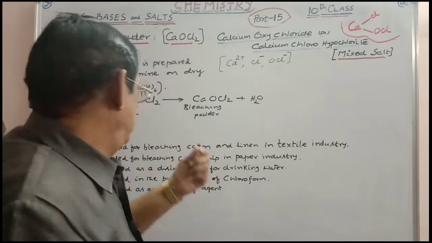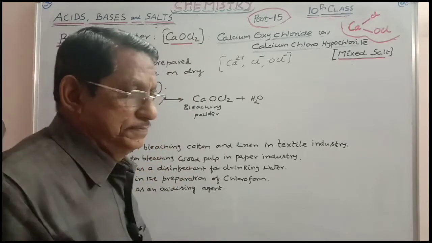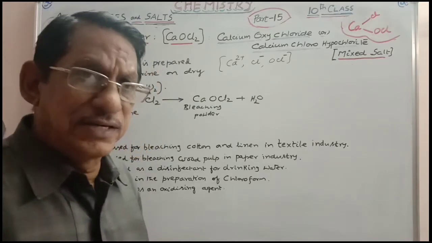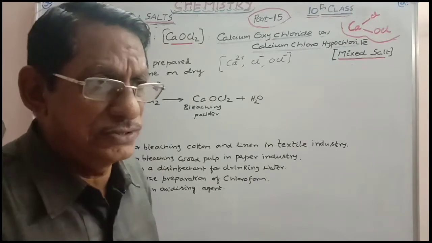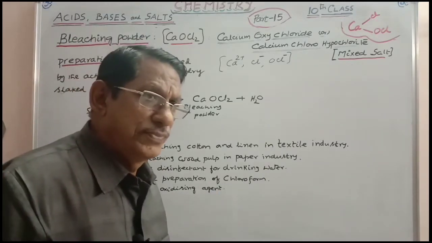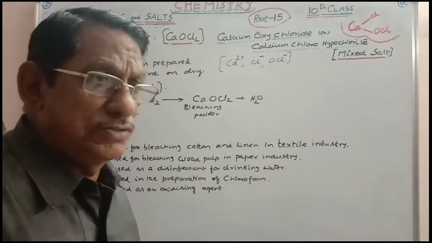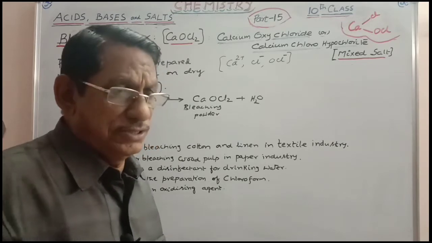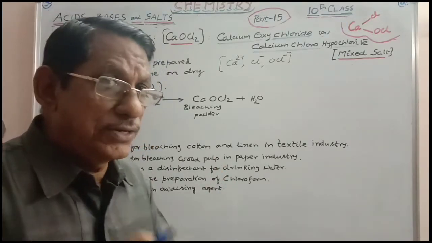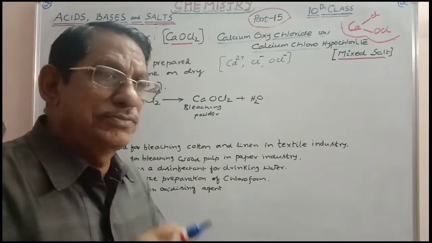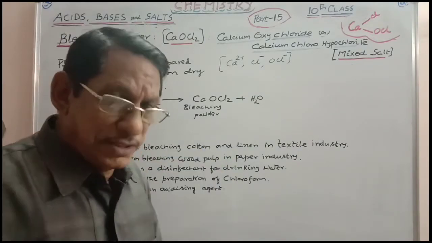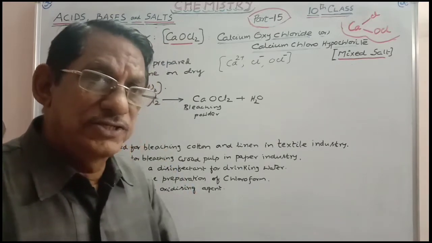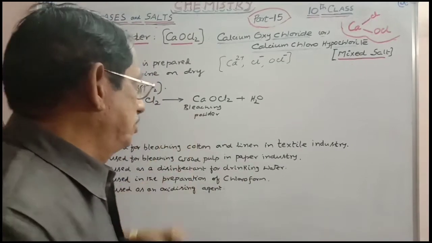Now, where is this chlorine obtained from? Generally, you can prepare chlorine by several methods. By the action of concentrated HCl and MnO2, you will get chlorine gas. You need not take all these, because we already discussed the preparation of sodium hydroxide, where you took common salt solution and subjected it to electrolysis. At the anode, chlorine is obtained. At the cathode, sodium hydroxide and hydrogen gas are obtained. That is why it is called the chloroalkali process. You are getting chlorine there. Don't waste it.